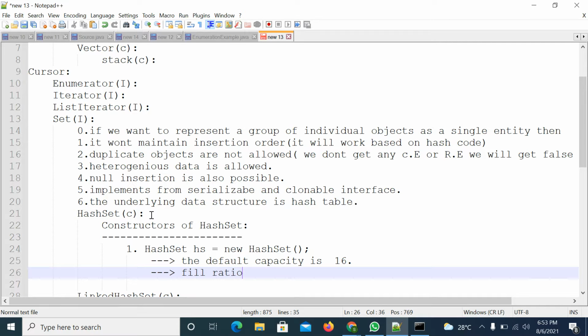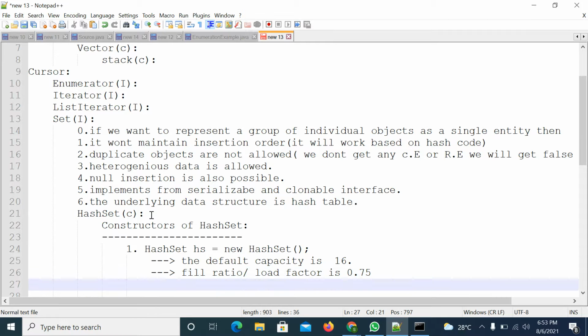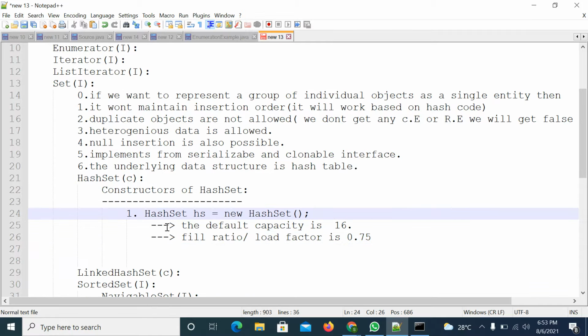You can also call it the load factor. So that is 0.75. This is one way of constructing a HashSet object.